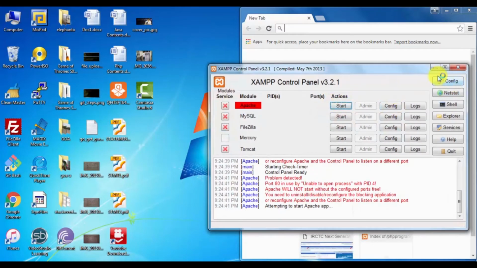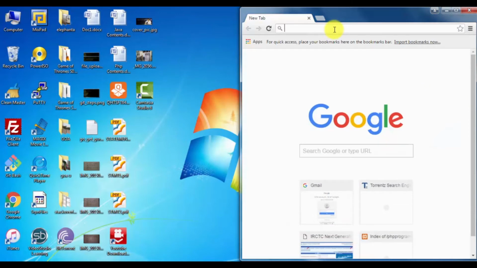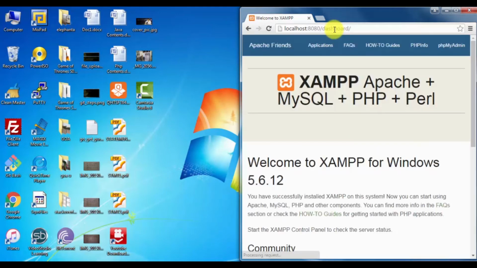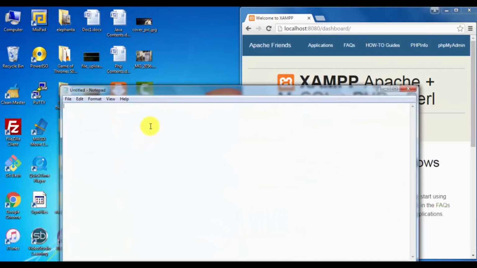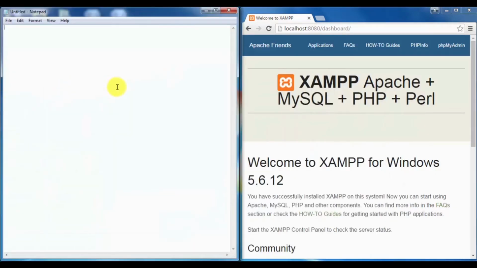So start this and let's see if our localhost is running. Yeah, it is running, and we just go with the notepad, and first we will see the arithmetic operators. Okay, so if I have a variable, that is $num1 equals 5 and